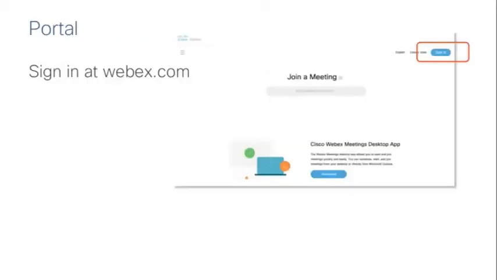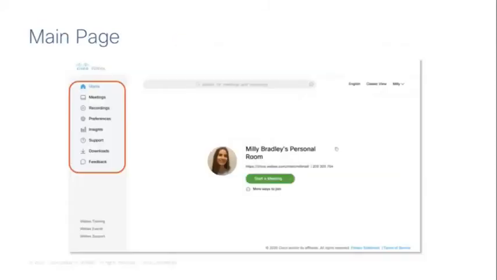Great. So if you're watching today or you're in today's meeting, then steps that you can take now to get comfortable using WebEx are, first of all, to make sure your account is activated. Sign in at webex.com. Check out your main page. Look for meetings where you can schedule and plan some meetings with your colleagues to practice. And then also preferences is where you can change your profile picture, update your time zone, and that kind of thing. Get comfortable with it.